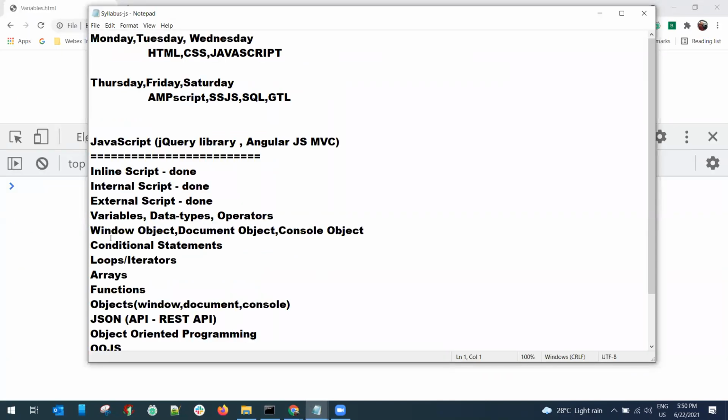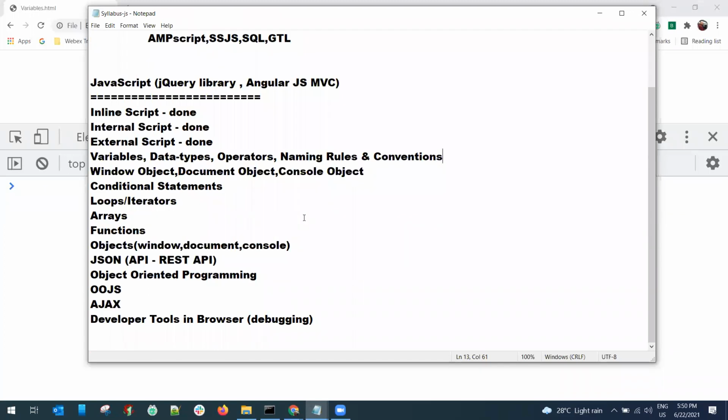Variables, data types, operators. In the next video I want to add naming rules and conventions, because we need to deal with this in great detail. What are the naming rules you should follow and what are the conventions? If you follow them, it will be good.